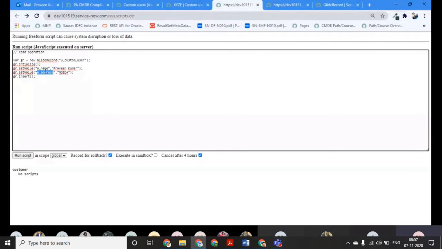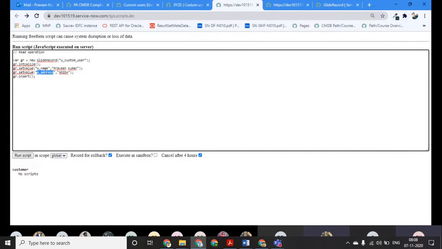Hello, Praveen. I have two doubts. First of all, set value is just like the getter and setter methods of encapsulation in Java. So set value is basically writing the value into whichever field we want to enter. And update is to update the value whatever we have mentioned in set value, right? So similarly, if we are going to create a record, at that time also we need update, or is gr.insert the method which can be used to insert the particular value, or do we have to use update if we are applying different or multiple values?